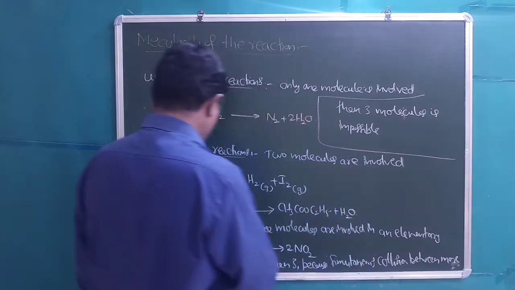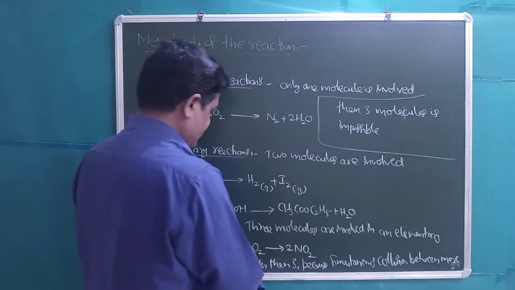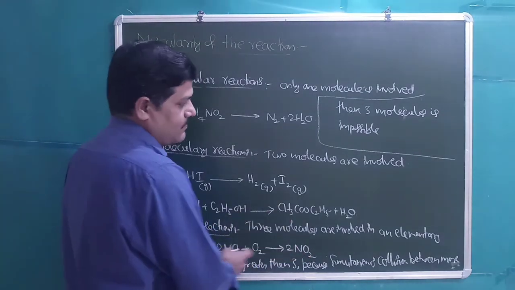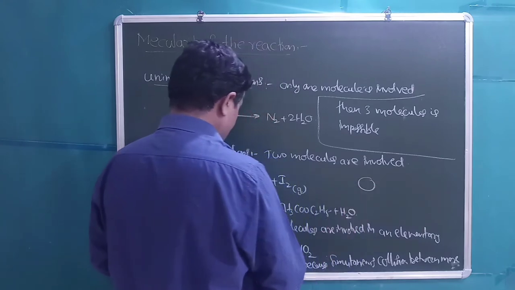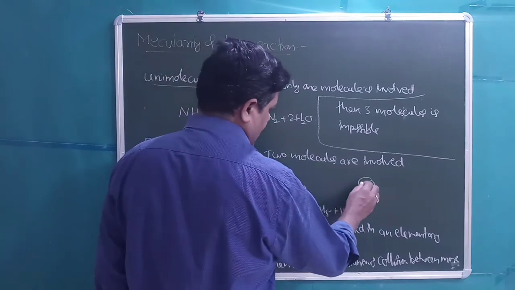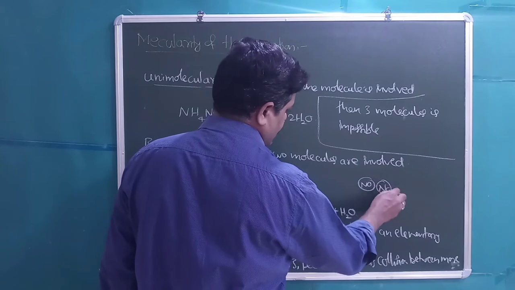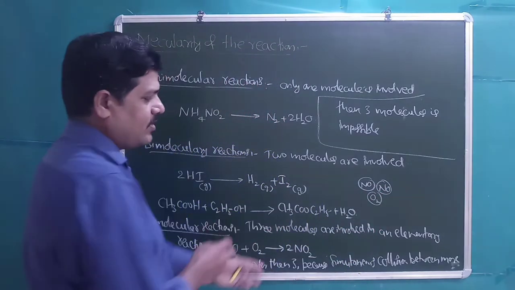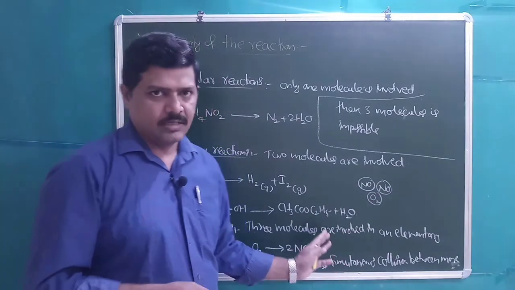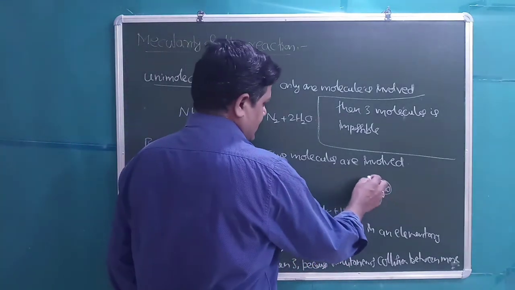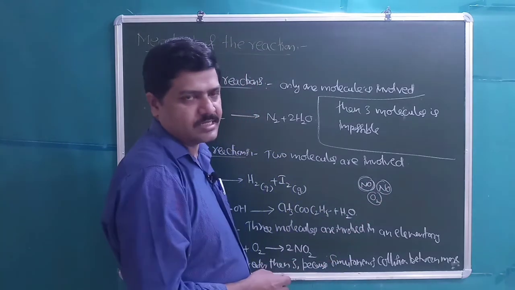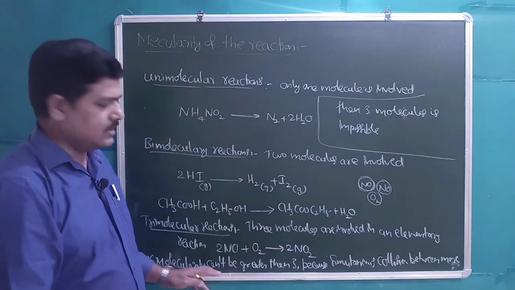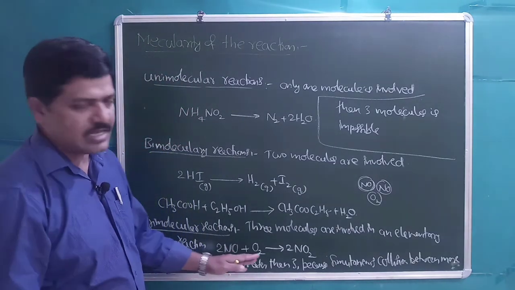Students, this means in a trimolecular reaction, to convert NO and O2 into the product NO2, 2 molecules of NO should collide with 1 molecule of O2 at a time, then only this will give products, right? For 3 molecules it is difficult to collide simultaneously. More than 3 it is impossible. So that's why molecularity cannot be more than 3, right?